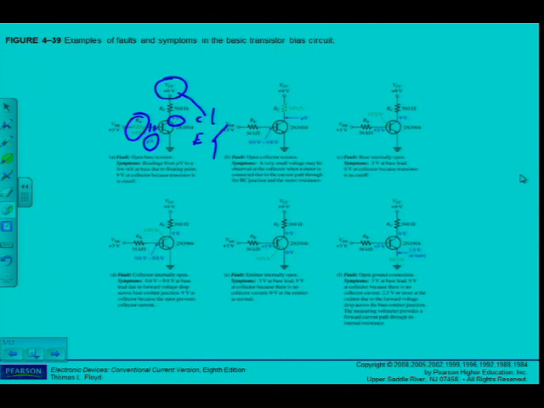If you look at the second one, you can see the fault. They say the fault is open collector resistor. What are the symptoms? A very small voltage may be observed at the collector when a meter is connected due to the current path through the base collector junction and the meter resistance. But you can see voltage that they indicate here at the base,